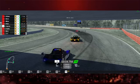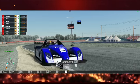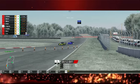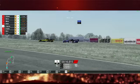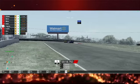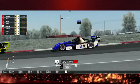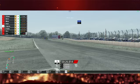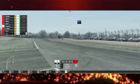Walsh leading Ferguson into 1, both keeping the same similar line, coming out of 1, going into 2 and 3, the bus stop chicane here. Ferguson trying to stay all over the back of Walsh here. Walsh trying to keep Ferguson at bay, trying to not let Ferguson get any idea as to